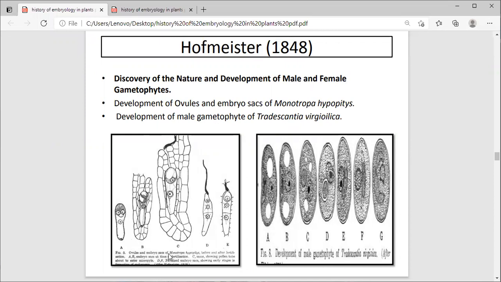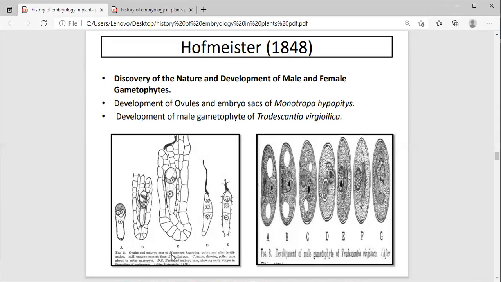So you can observe the ovule and embryo sac in Monotropa. This is some kind of few cells. This is the multicellular. Again here, at the time of fertilization, the pollen tube. This is the micropyle here. If you can see, this is the pollen tube here. This is a particular group of cells here. Until there is no distinction, there are the 8 cells, the synergids, antipodal cells, but they tried to study here.